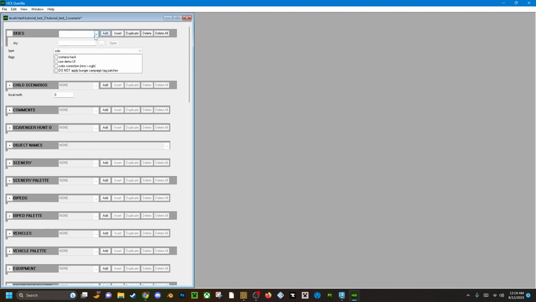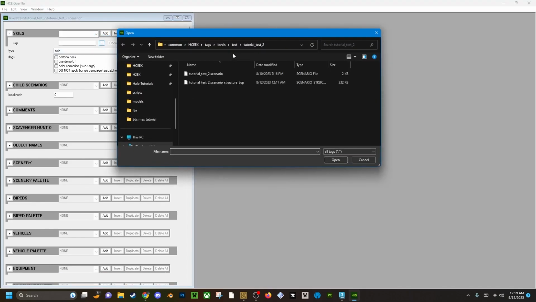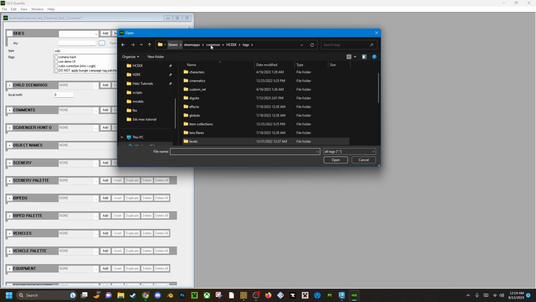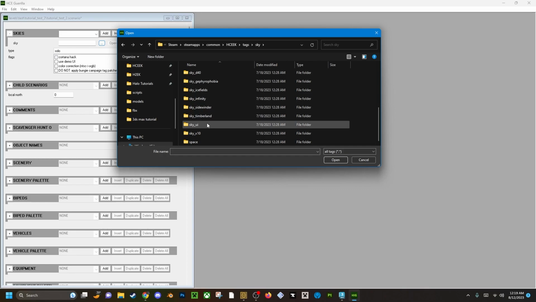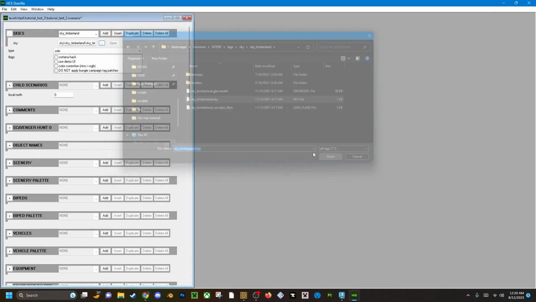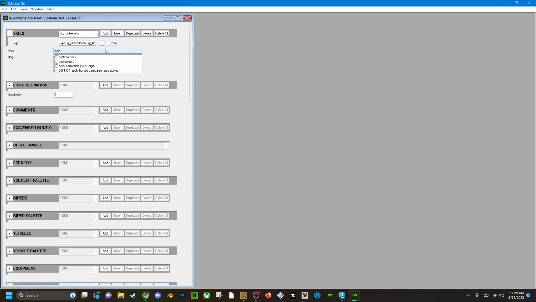So we're going to click that, and then we're going to add a sky tag. So we're going to go ahead and go back to the tags and go to the sky tag. You can pick anything you want. Preferably, I would do one of the other ones that are stock. I would do infinity or whatever sky is good. I think Timberland's a good sky. So we're going to open that. We're going to change the type to multiplayer,